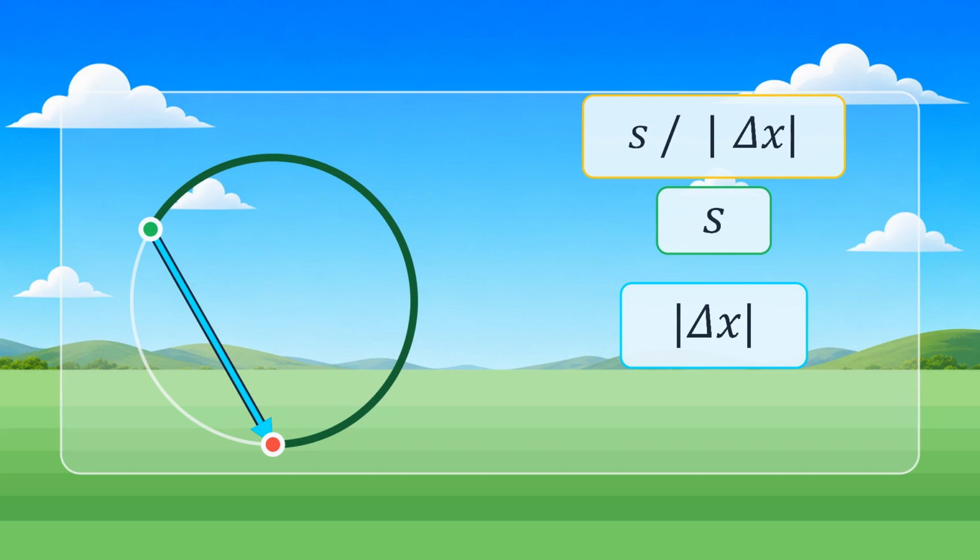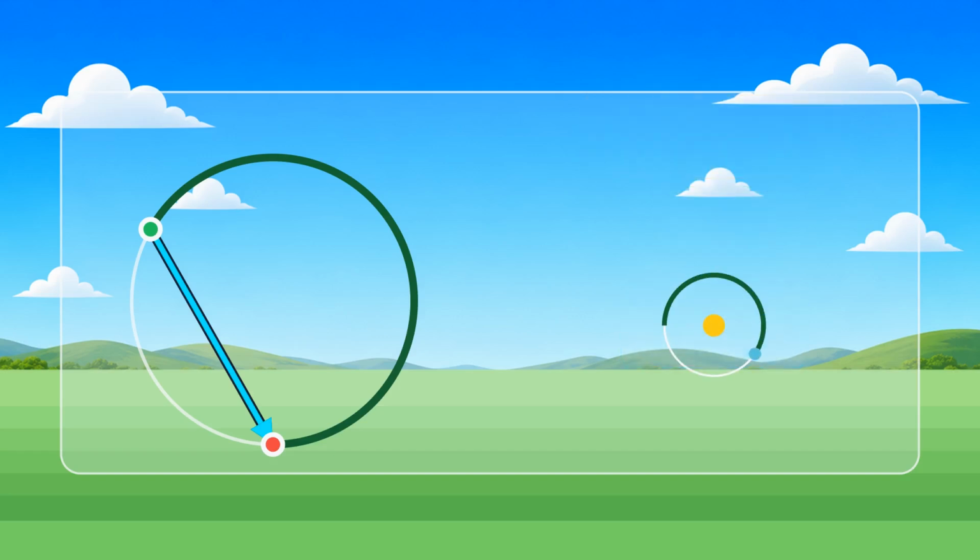If it asks for the straight separation between the initial and final positions, draw the direct arrow and calculate the magnitude of displacement. The same reasoning works for clock hands, circular tracks, and objects moving in orbit. Trace the actual path for distance, and connect start to finish for displacement.